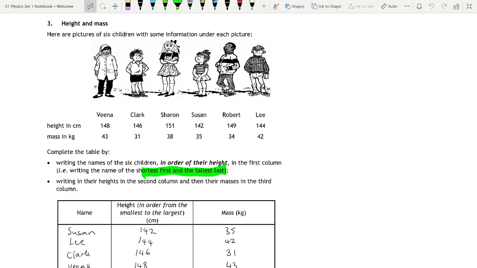Right, so I asked you to have a go at this at home, and as I said, I always want you to have a go, okay? If you struggle, you can always come and see me, but at least as long as you have a go at it, okay? So first of all, it says complete the table by writing the name of the 6 children